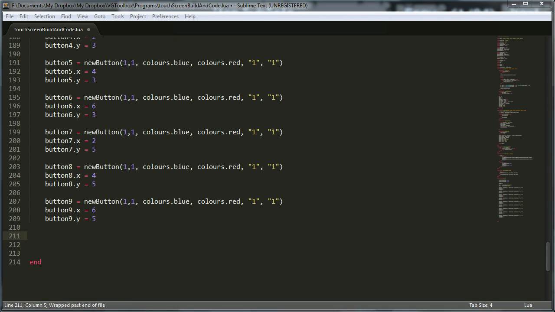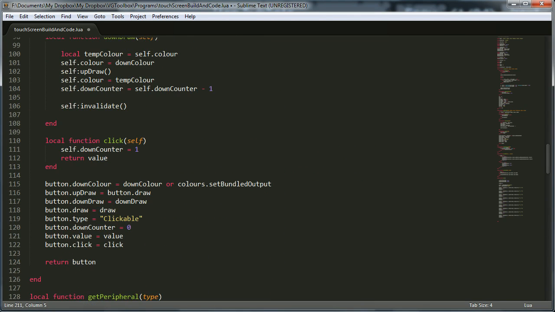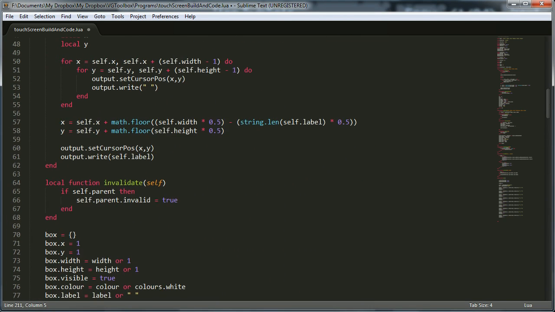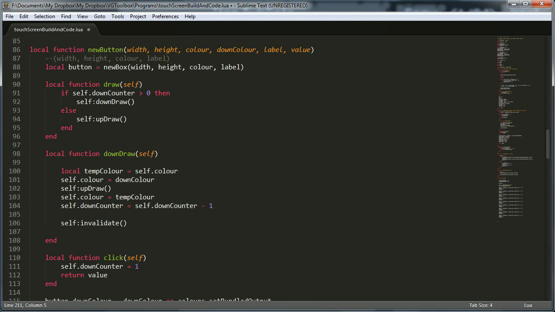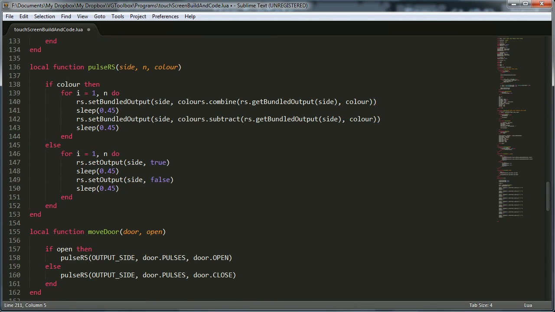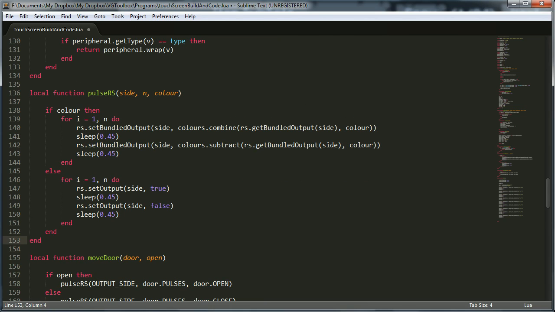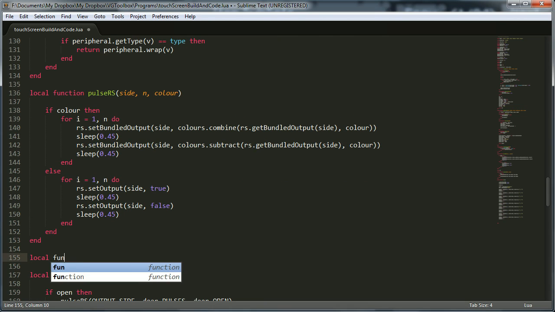So what we'll do is create another function, move it right to the top, under those things. So local function add to draw list